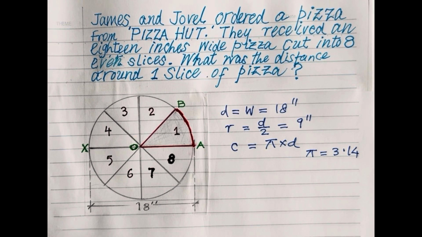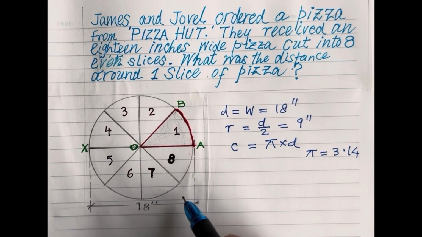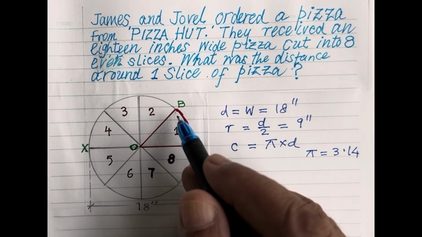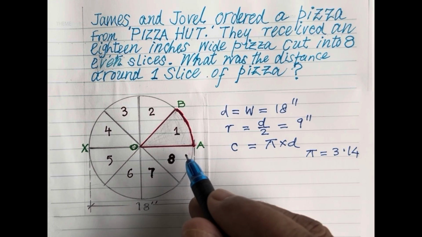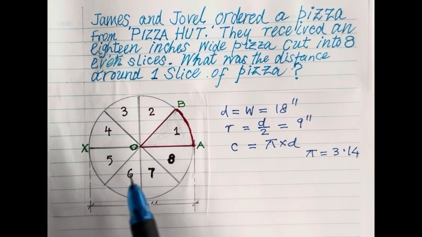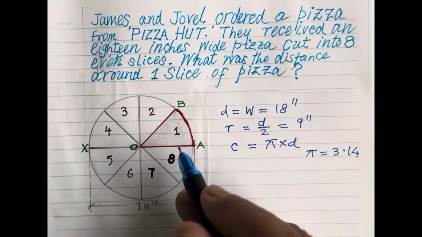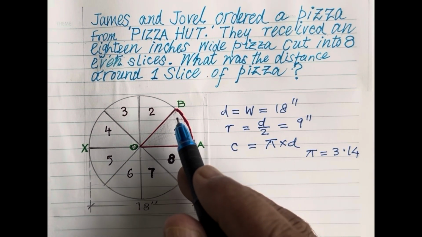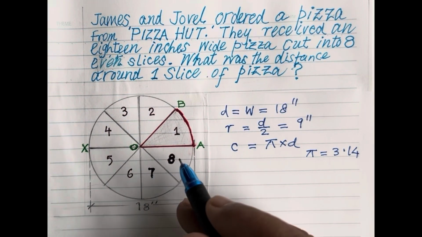Now, as the pizza was cut into 8 equal slices, each slice of the pizza has its part of the circumference which is equal to 1 over 8 of the circumference of the whole pizza. Therefore,